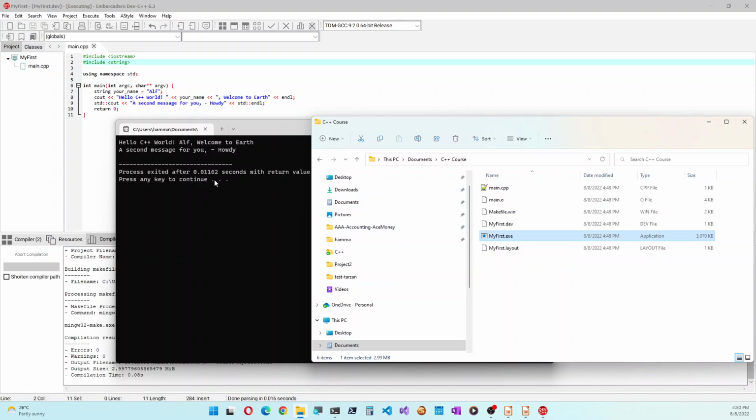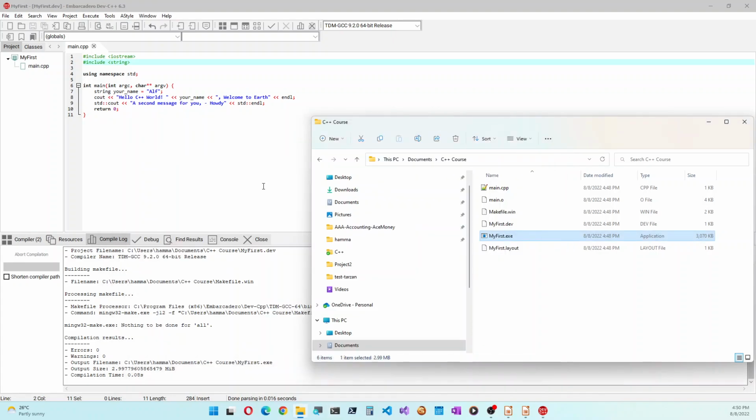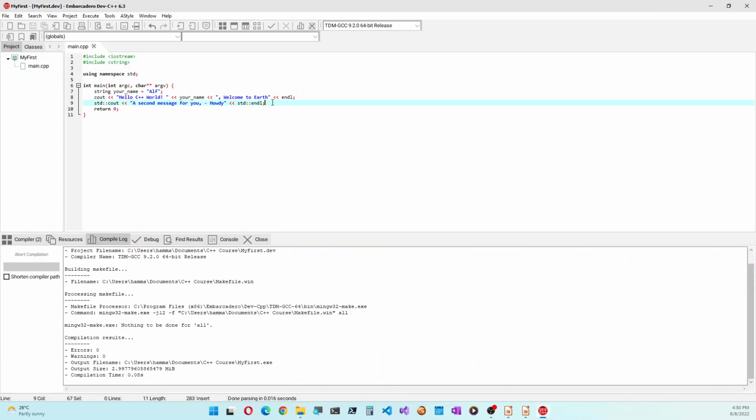So you are able to see it here through the IDE because the IDE itself is adding this part, the wait mechanism, where you have to press a key for it to continue. So if I press a key on the keyboard, now it exits. But if I click here, you will just see a flash and yeah, there it went on the other screen. It's closed now. So later on, we will see how we can add a simple line over here to take input from the console. So the net effect will be that our program will not immediately exit because it is waiting for input.